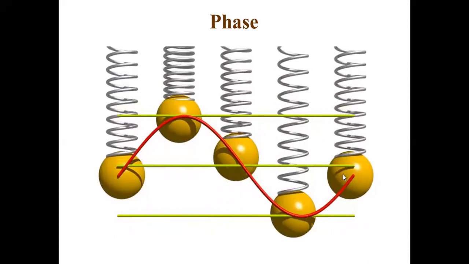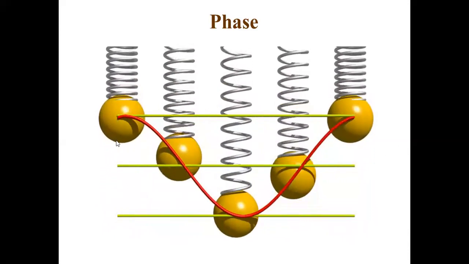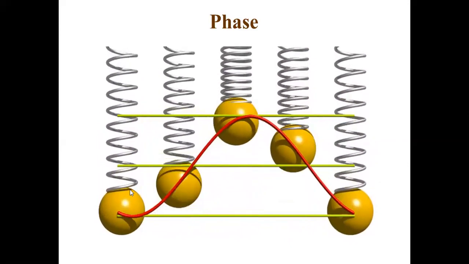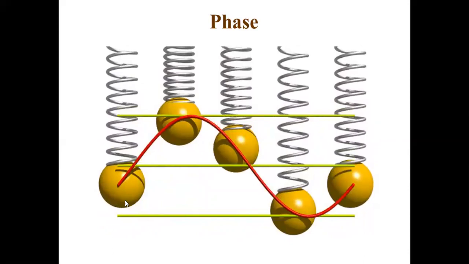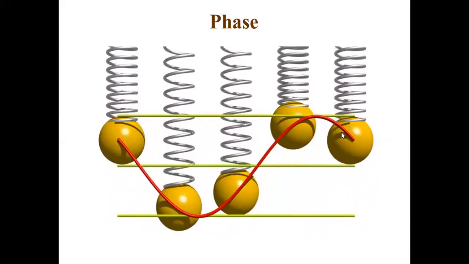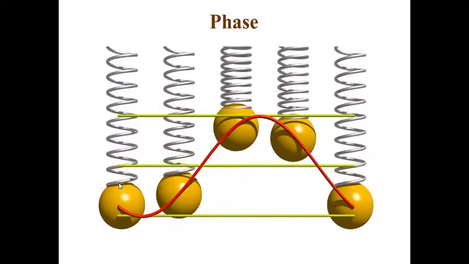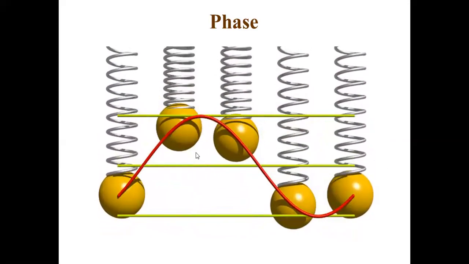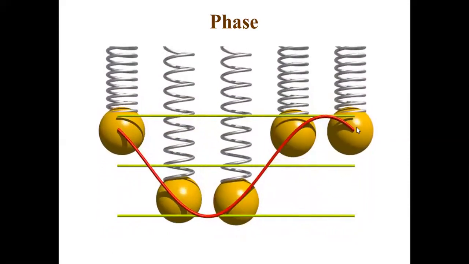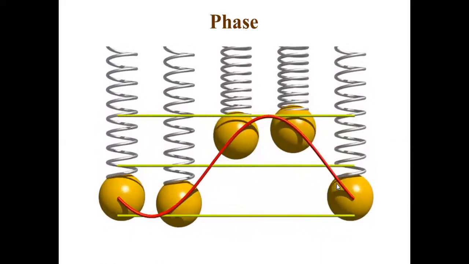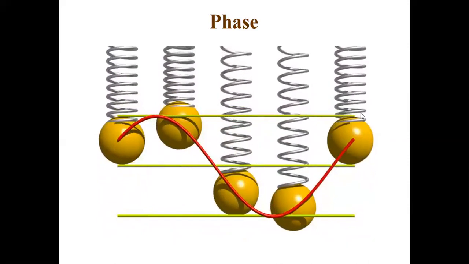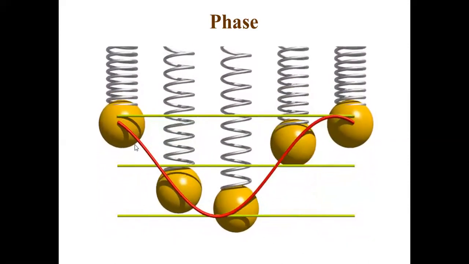Now if you ask this particle and the last one, if you ask these two particles, then this will say, sir, it is my 9th oscillation. What about this one, 10th oscillation? Because this has started one vibration earlier itself. When this completes one oscillation, this will start. This will be lagging behind this molecule always by one oscillation. What about this one? Half oscillation lagging behind. So this and this have the same phase in the sense of a difference of 2 pi, one full oscillation difference. But now they look identical. But if this is the 9th oscillation, this will be the 10th oscillation.